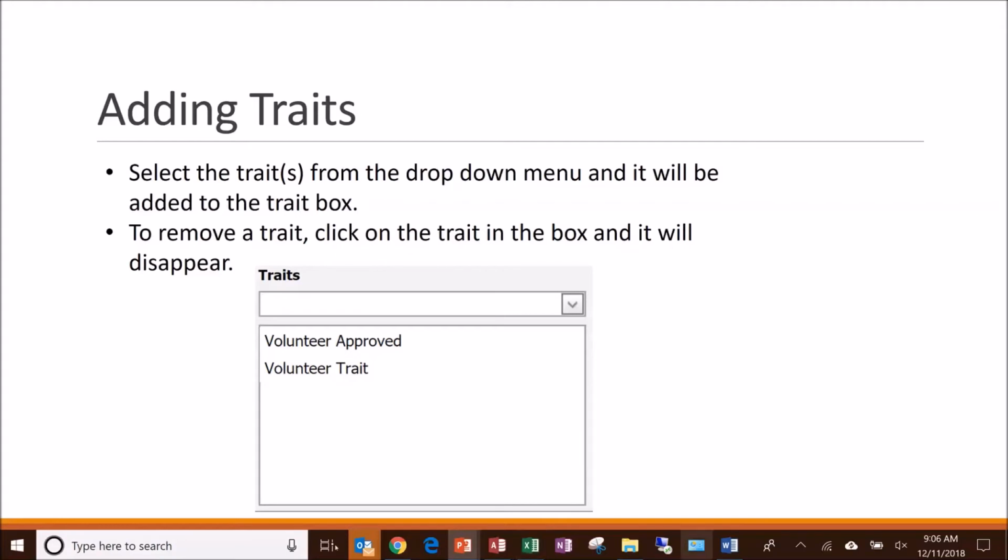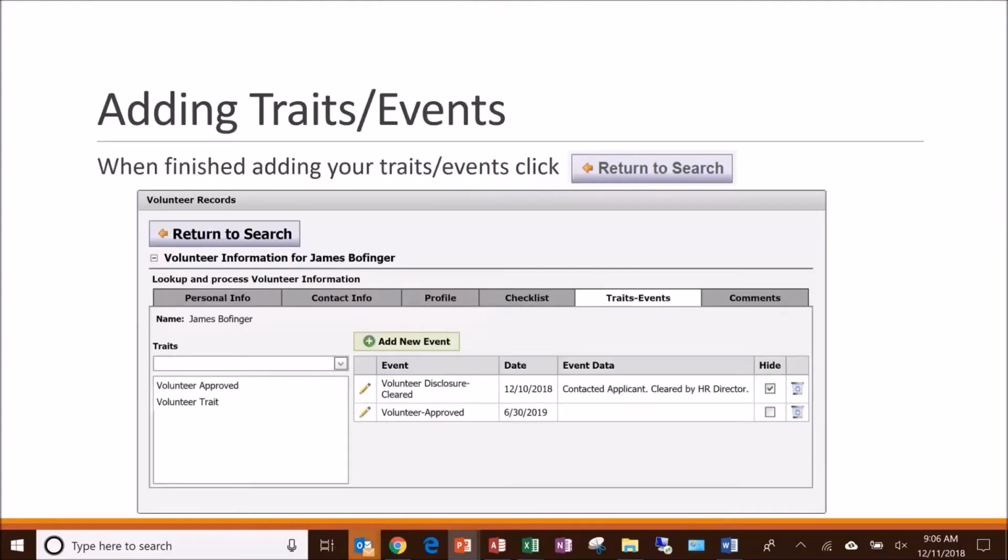But anyway, when you add this trait, that's what adds this person to your export as being approved. It makes them viewable for people with the role of volunteer support. Okay. So traits and events. After you've added your traits and events,